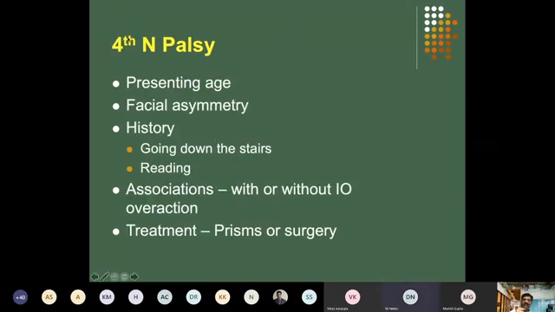Now, next is superior oblique palsy. Lateral rectus is obvious, so I'm not covering lateral rectus, but